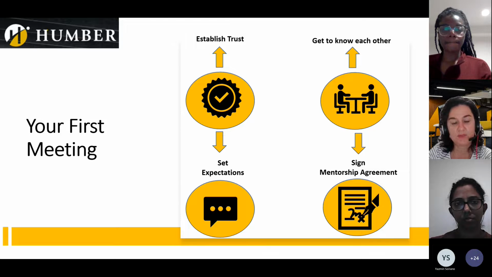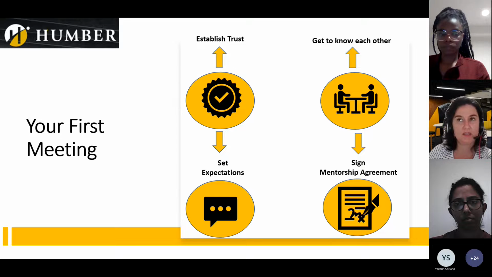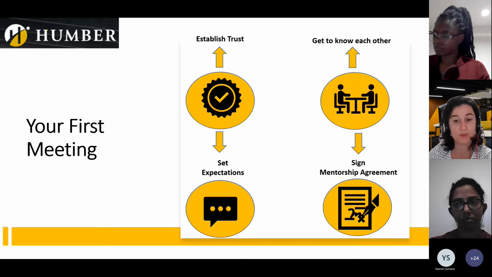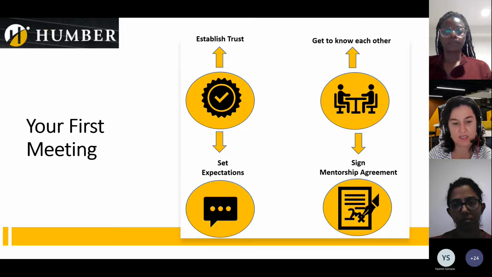For example, some expectations to agree upon can be the frequency of the meetings, if the mentor will be provided with a meeting agenda in advance, and how many days in advance, because some people may be very busy. They would not prefer to receive that list of topics that you want to discuss with your mentor last minute. They prefer to either receive it 24 hours in advance of your meeting or 48 hours in advance. So what are these important timelines that you need to decide together?